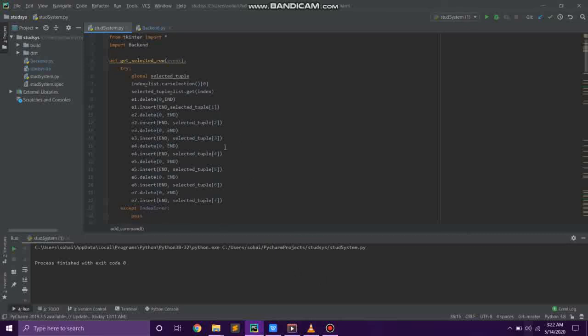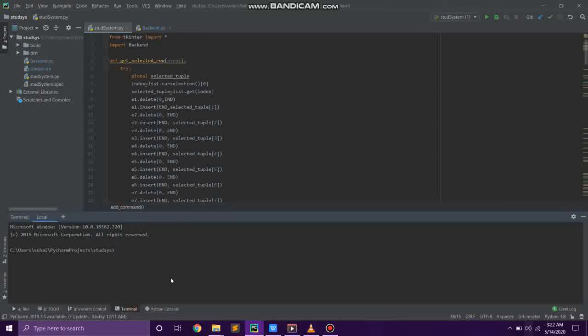We can also convert our runnable program into a single standalone executable file. For that, we just have to install PyInstaller, and write a simple command in our terminal. pyinstaller --onefile to create a single standalone file, --windowed, because whenever we run our executable file, the command prompt will automatically run in the background.